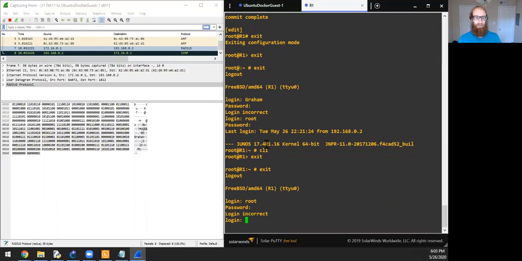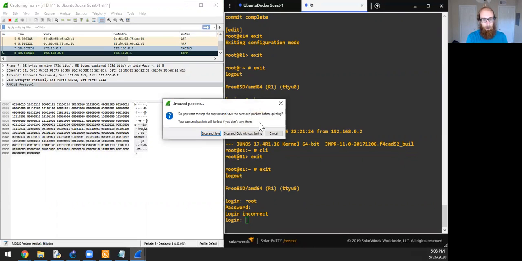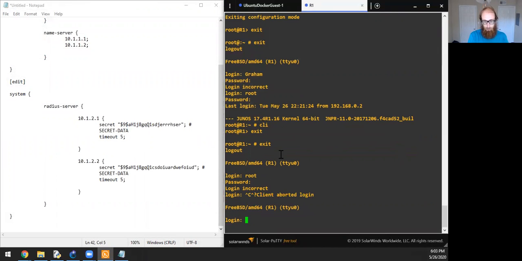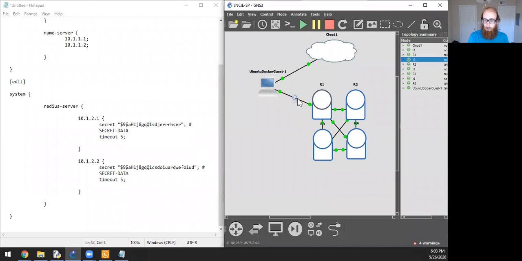It's recommended to disable that on those devices. But let's get a really nice and clean capture. From here, I'm going to restart the capture and we'll get a nice and clean view of it